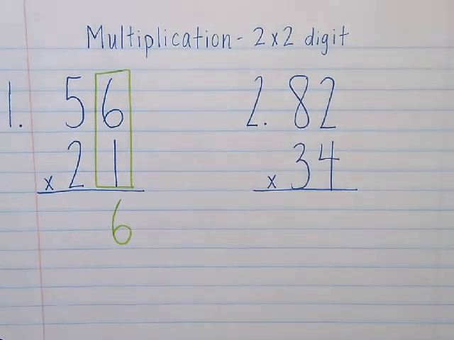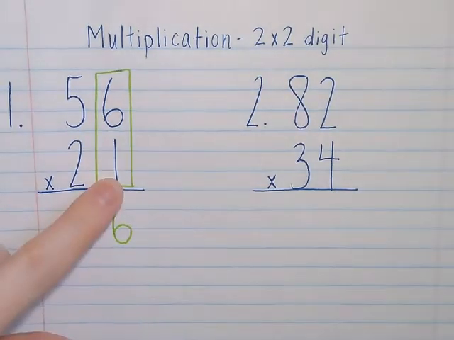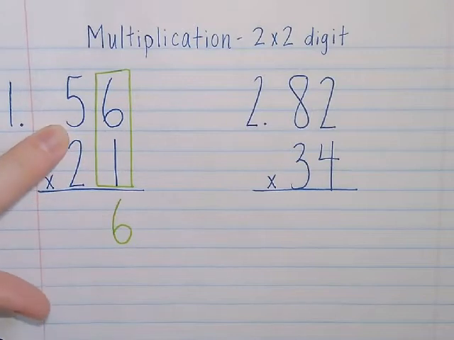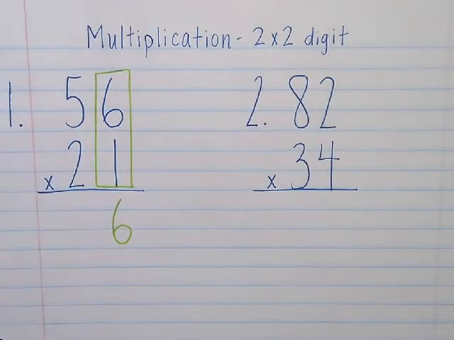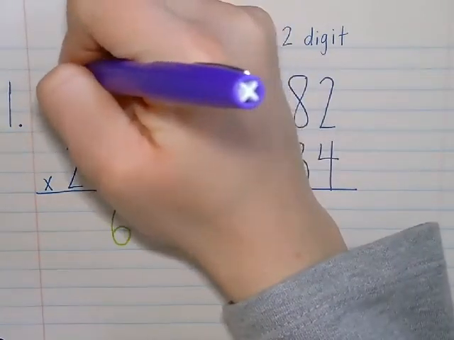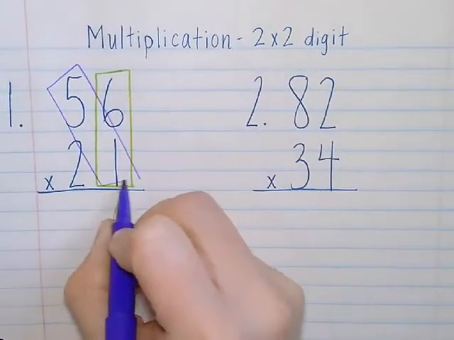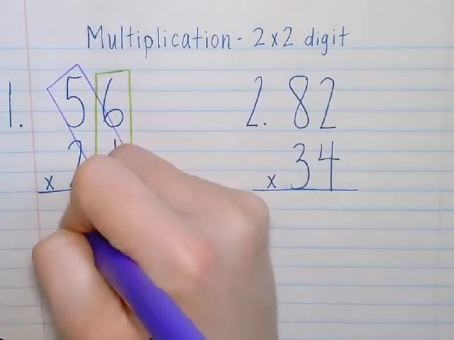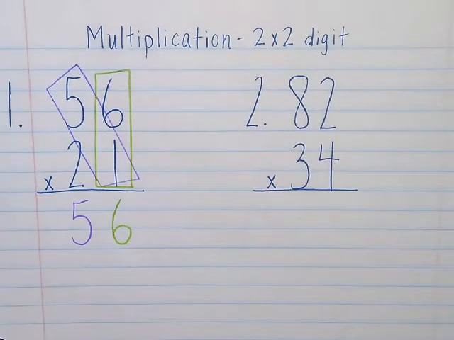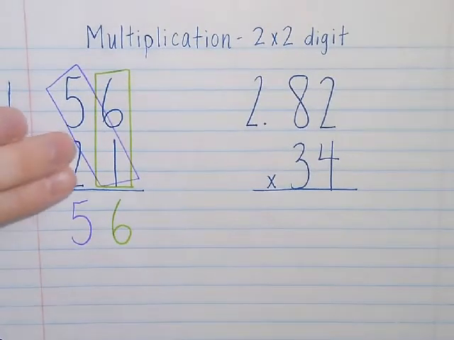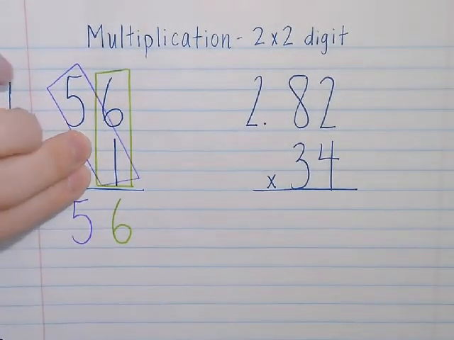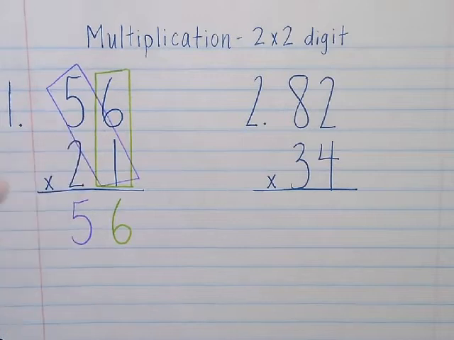My second step is going to be multiplying this 1 by this 10. So 1 times 5, or 50, is equal to 50. And that goes right in the tens place. So this is where we stopped when we did 2 by 1 digit multiplication. But because we're doing 2 by 2 digit multiplication,